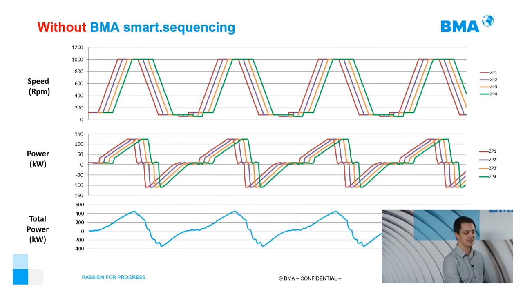So one machine that has around 130 kilowatts is a really small machine. Then going here, when you have 4 machines, this goes to a peak of 400 kilowatts, and between them also minus 400. So this results in a really huge peak.